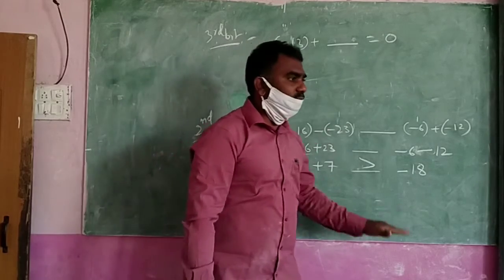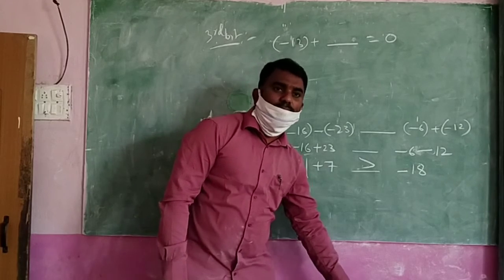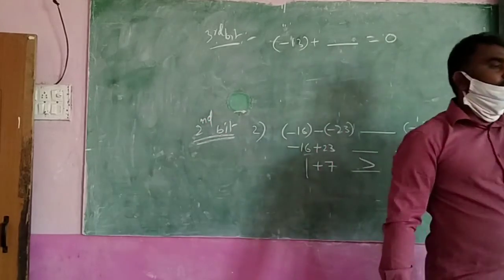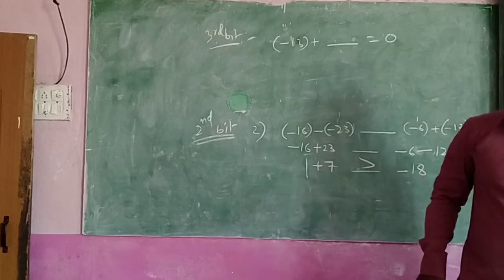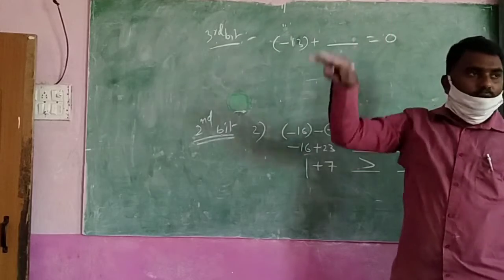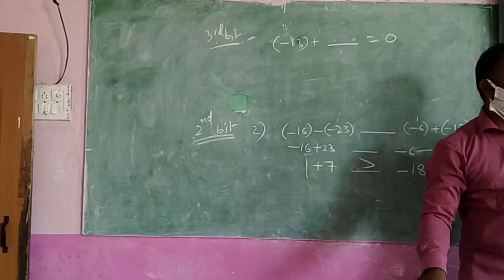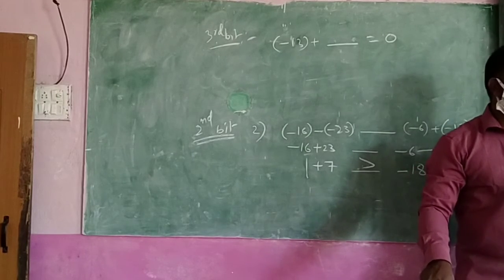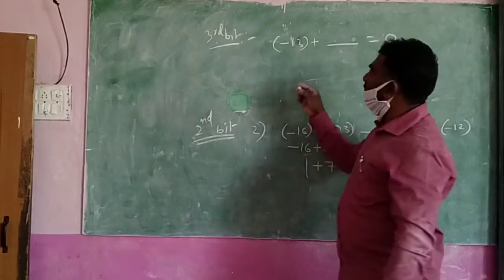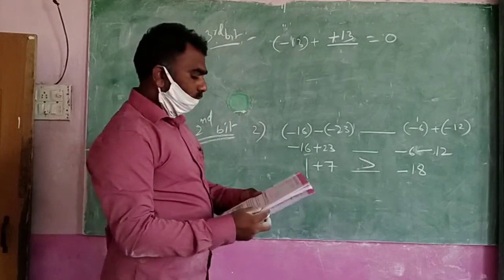I am 13 steps down. I want to go to 0. 13 steps I have to go up now. Yes, are you understanding? Minus 13 means 13 steps down. We know the steps method I said to you, here 0. Up steps are there, down steps are there. 13 steps down I came. Now I want to go to 0. I have to go up only, no? Up means plus. How many steps up? 13 steps. That's why plus 13 will be the answer. Don't write now. Second question.